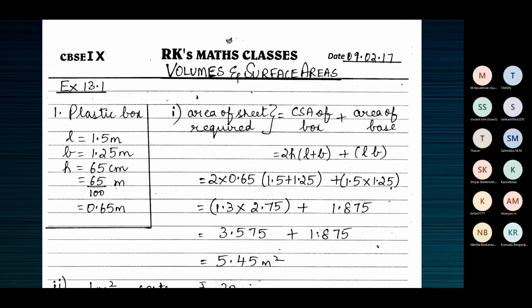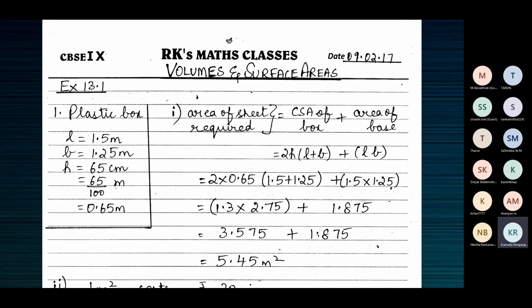It's open. The box has 4 walls, the 4 side faces. And of course, it's a box. It cannot be open at both the ends. It has to be covered at least at one end. All right. So the bottom is covered. The top is open. They have not mentioned anything about the bottom. But since it's a box, it's understood that the bottom or the base has to be covered. Otherwise, it cannot hold anything. If it is open at both the ends, it cannot hold anything. It's a box. So the base or the bottom has to be covered.